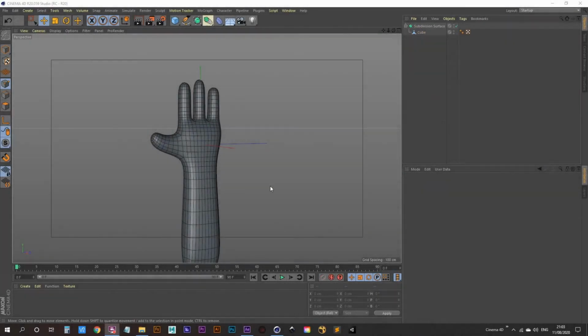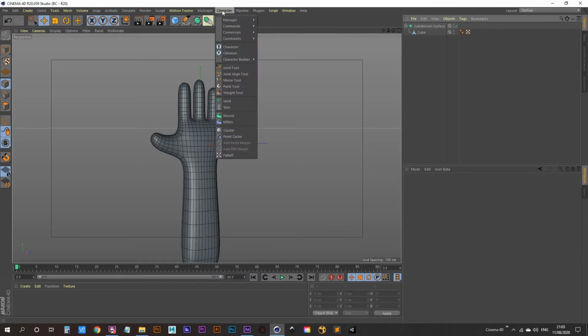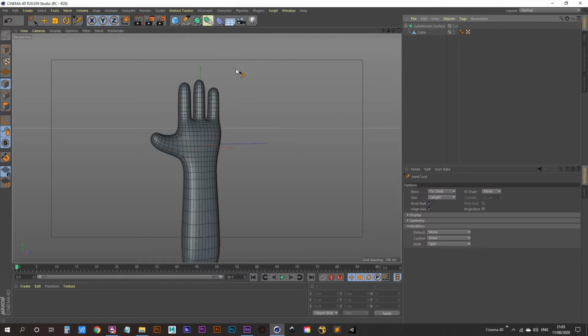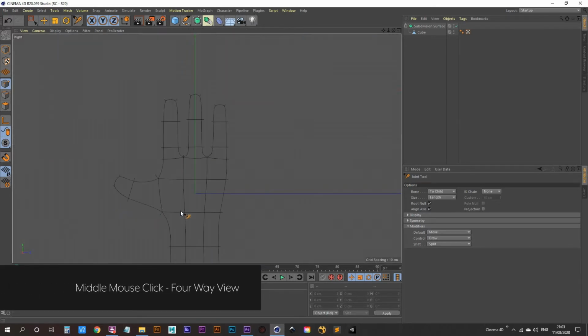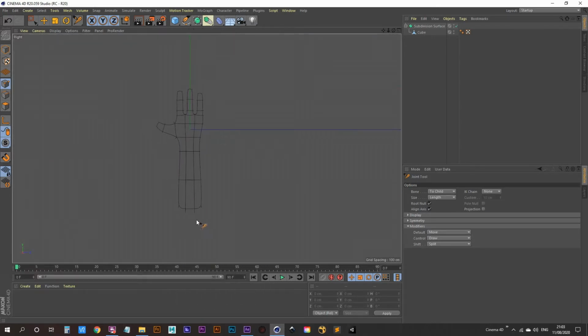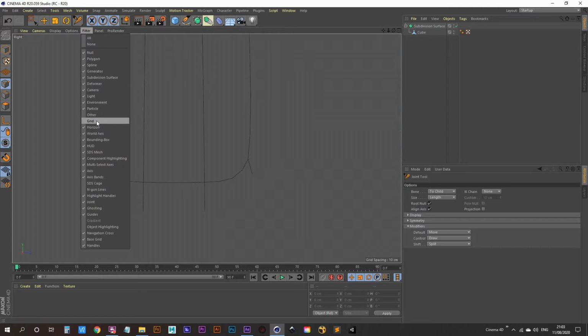So the next thing we're going to be doing is rigging our hand. So we're going to select our joint tool. You'll find that under character here, and there it is. So let's hop into our right view, and we can zoom in here to the bottom of our arm. Let's turn on our grid,